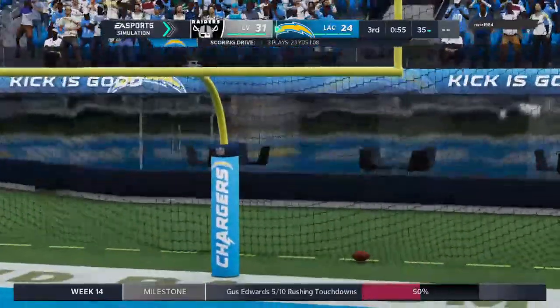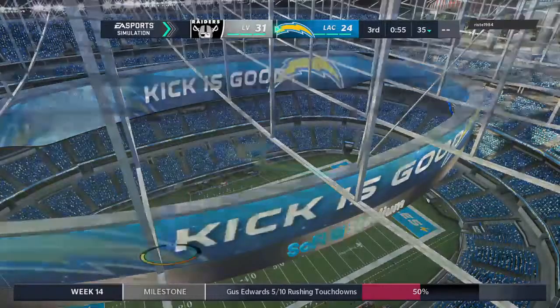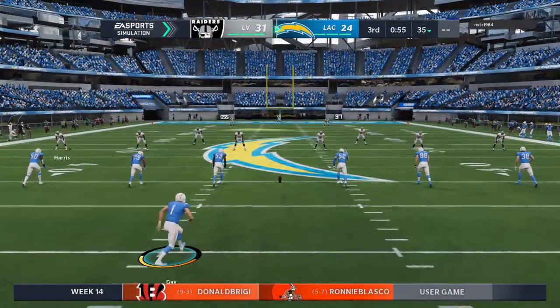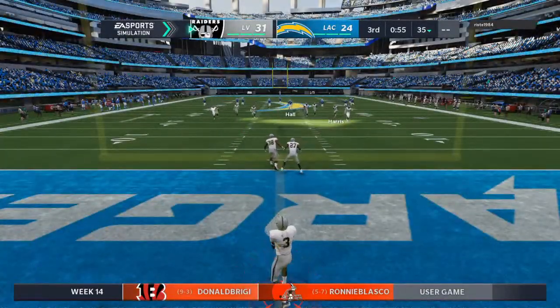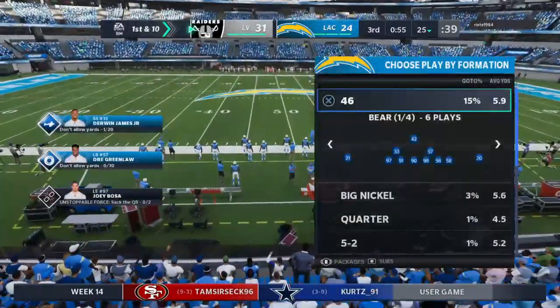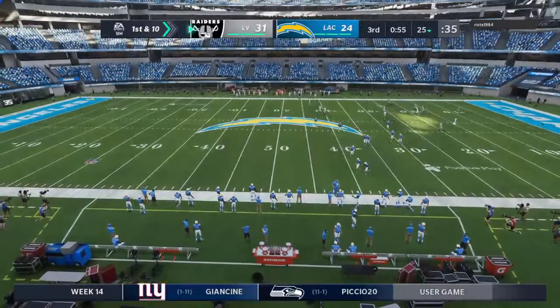And he's able to put it through. Raiders 31, Chargers 24. After the touchdown, it's Gay to kick this one away. That's fielded on the back line of the end zone. Raiders take over 1st and 10 at their own 25-yard